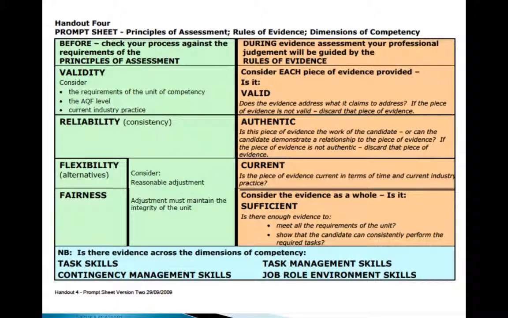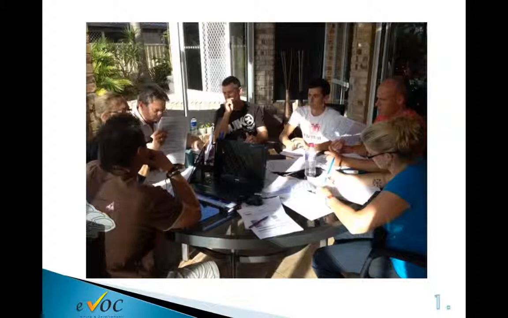So over on the right hand side they're checking a recognised prior learning for whether it's current. So perhaps the evidence might be from 20 years ago, so it's not going to reflect current industry practice. Maybe the piece of evidence didn't meet all of the requirements of the unit, but together as a group they can work out whether enough rigour has been placed, so whether they're being too picky or not picky enough, and as a panel would be making a decision on that appeal.